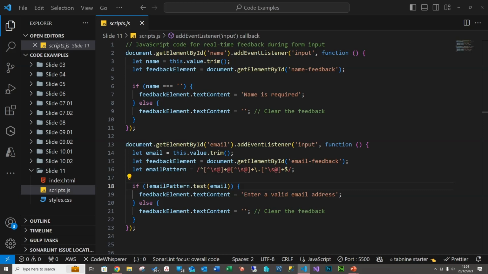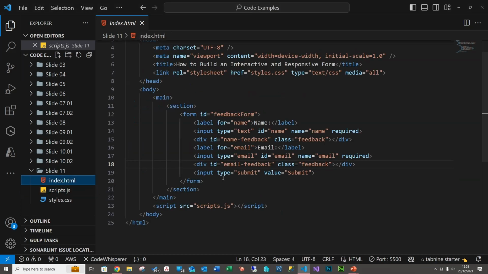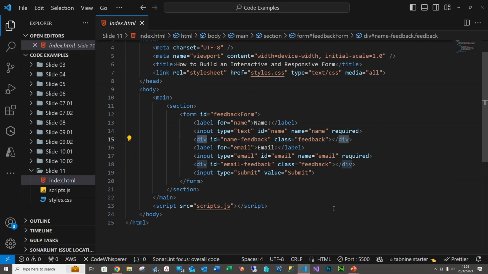The key point here for the interaction features is utilizing the event listener to capture user actions such as typing or clicking and responding dynamically. The feedback element creates an element, e.g. the div tag or the span. So here we have got the div tag. We can also use the span to display real-time feedback and update the content based on the user input. This immediate response guides the user and prevents errors